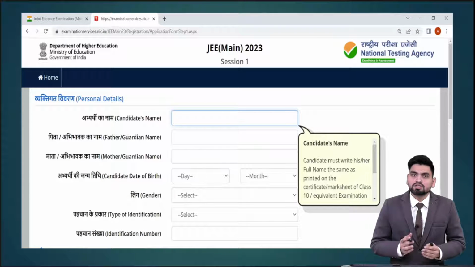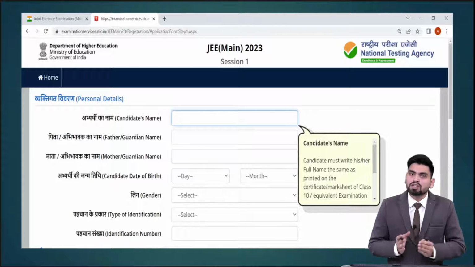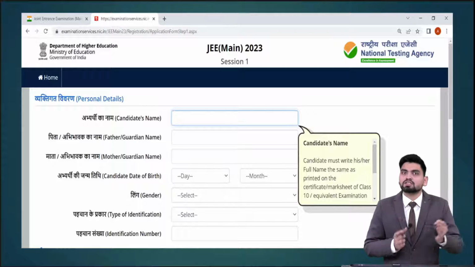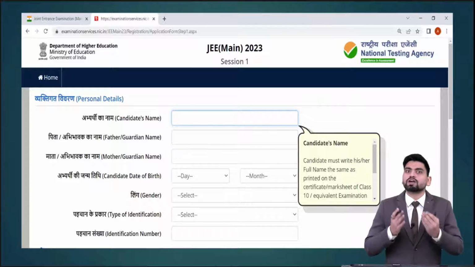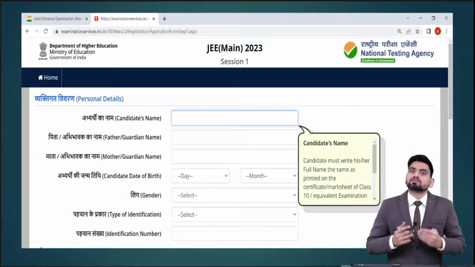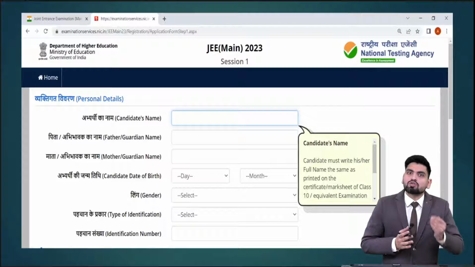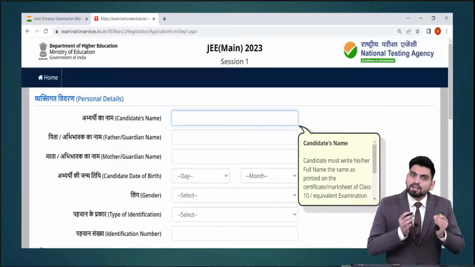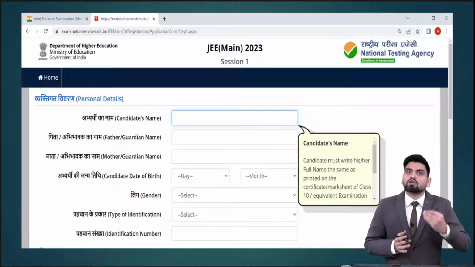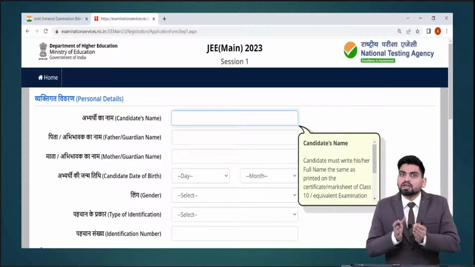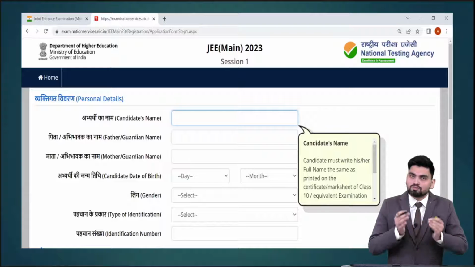After clicking on proceed, you will see the registration form. As I already told you, there are three parts: registration, application and the fee payment. So this is the registration part, where first we have to provide our personal details. In the personal details, we have to provide the candidate name, father's name and the mother's name, and some other details also. First, let's talk about the candidate name. When you enter your candidate name, just ensure it is the same as on your 10th class mark sheet. And your guardian's or parents' names must be the same as your educational records. So this is a very important thing.